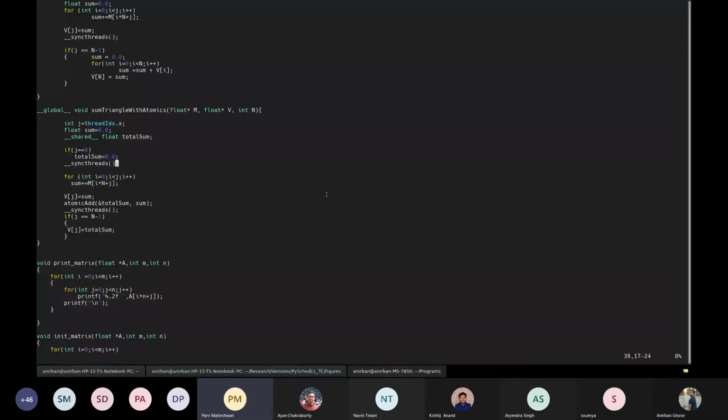Correct. So this initialization statement should be executed first, and then only would all the threads progress to execute their respective computations. And then here you have this atomic add operation, because you really want this total sum variable to be exclusively accessed by any particular thread in a CUDA thread block at a time.